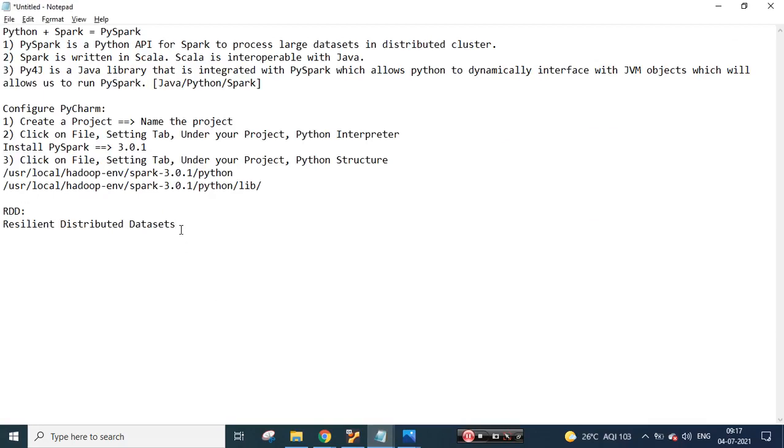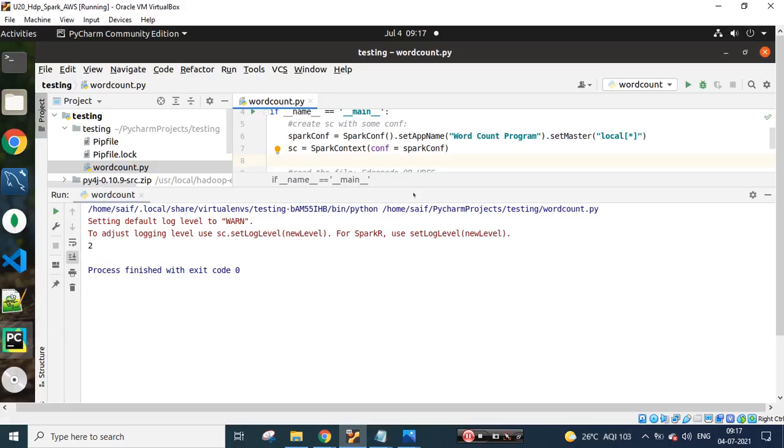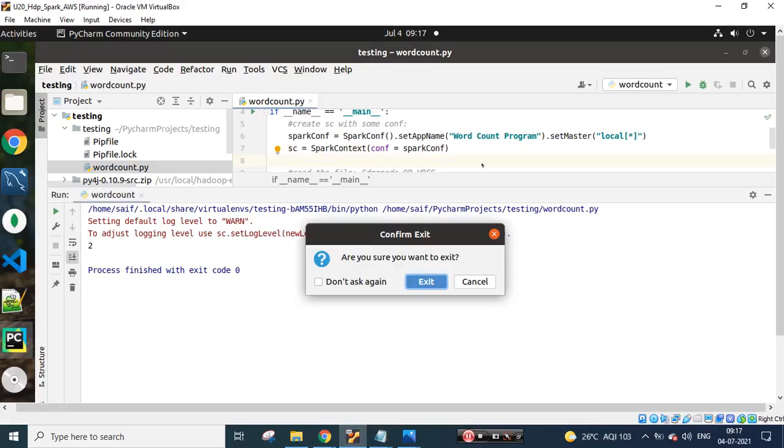So you got to know why we were getting part files, and the idea where I went over here was resilient distributed data sets. So when I am talking about the resilient distributed data sets,